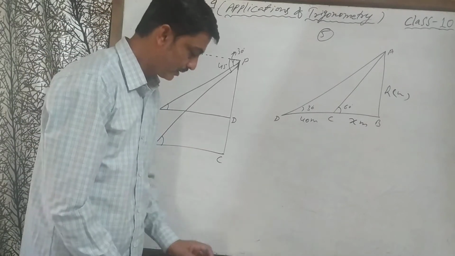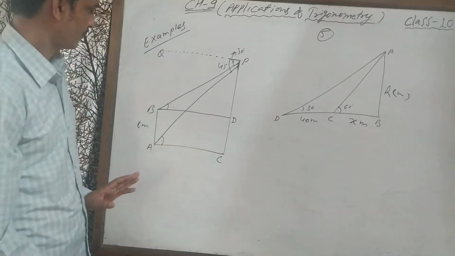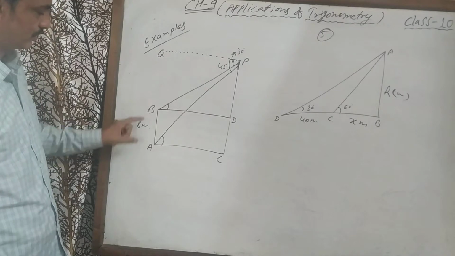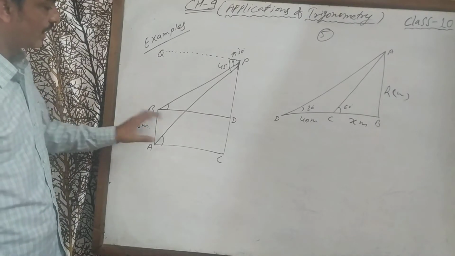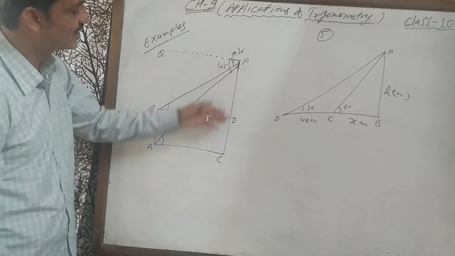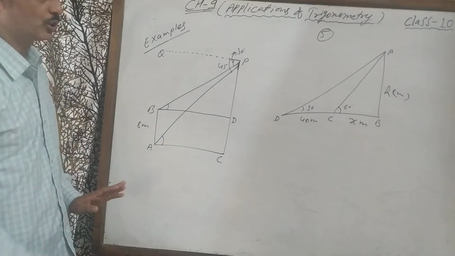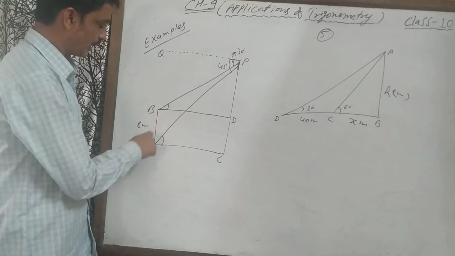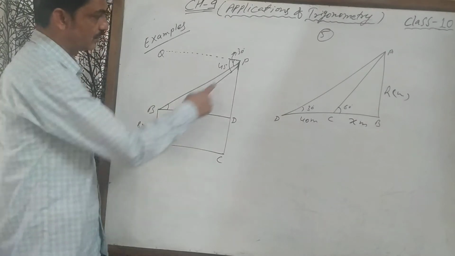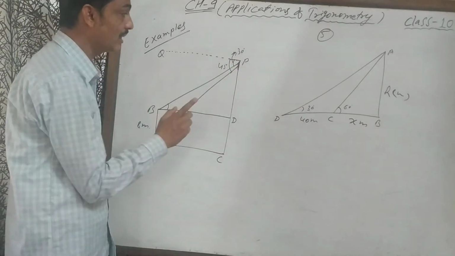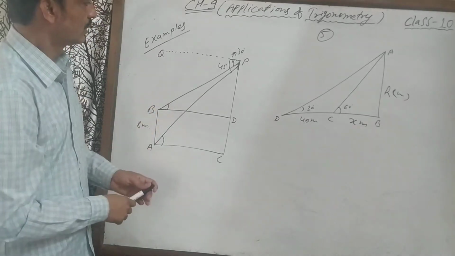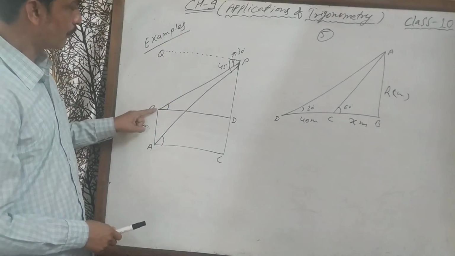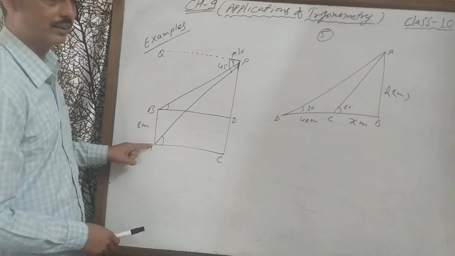Right? Now in this example number 6, AB is a building of height 8 meter. AB represents a building here, and PC represents a multi-story building here. So please read the statement carefully. AB is 8 meter, it is given. PC is a multi-story building, and two angles of depression are given, from the top of the building and the bottom of the building.